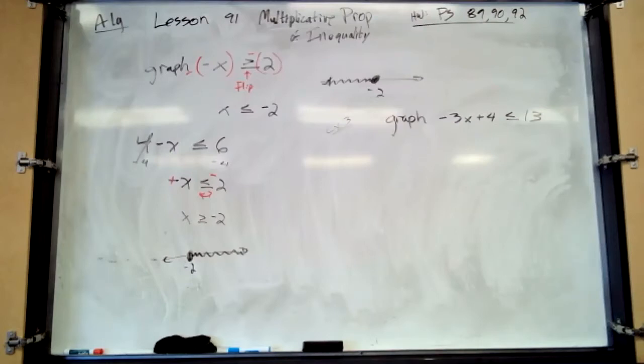X is greater than or equal to -3. Okay, there it is. So you forgot to flip the symbol. Because you're dividing by a negative, after you get rid of everything, you divide by a -3. So do you see that? Yeah. That's a very common mistake, and I know it seems like a silly rule, but if you think